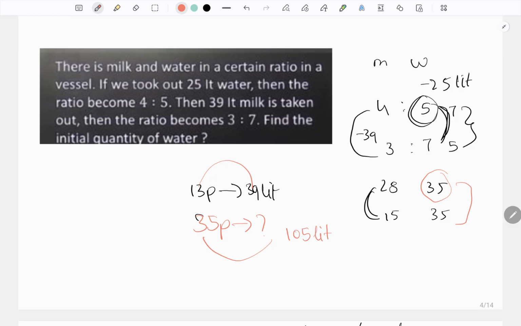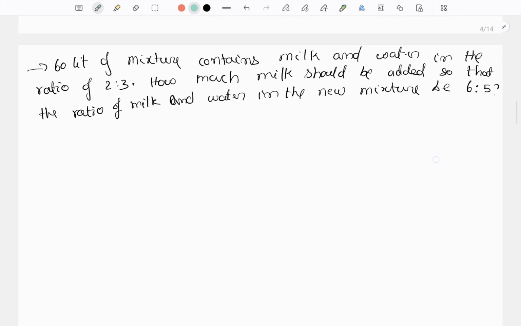105 liters. But actually, from the initial quantity of water we removed 25 liters, so it became 105. Means the initial amount is 105 plus 25, which is equal to 130. Hope you understood this question. 130 liters is the initial quantity of water. Next,